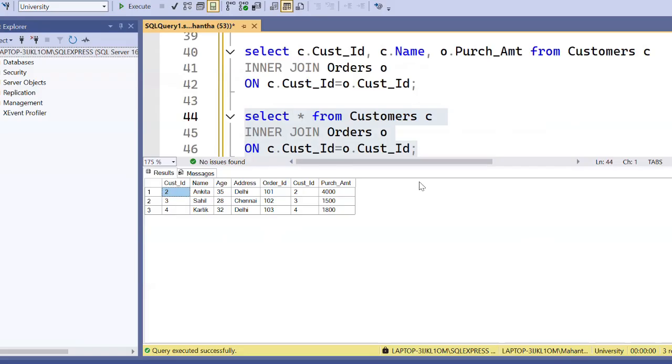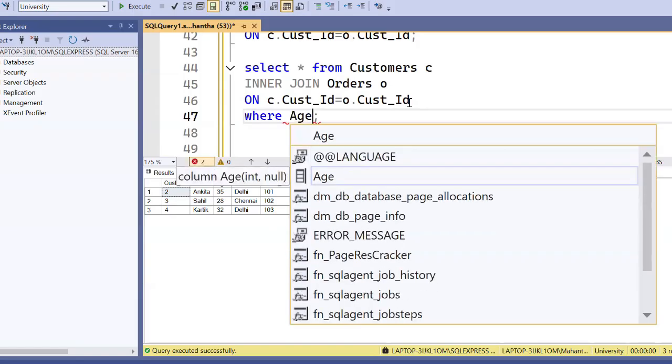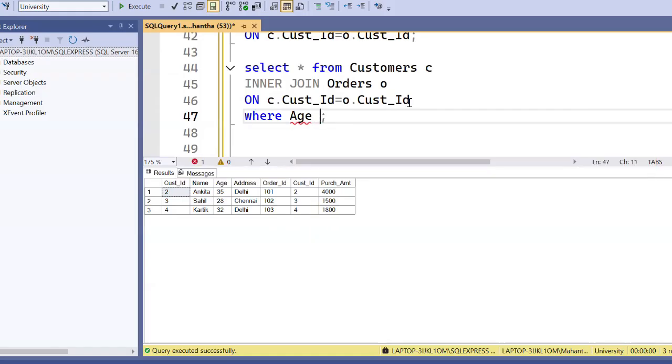And also you can include a condition. We can say where age is greater than 30.